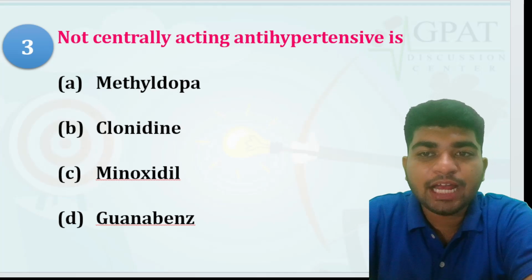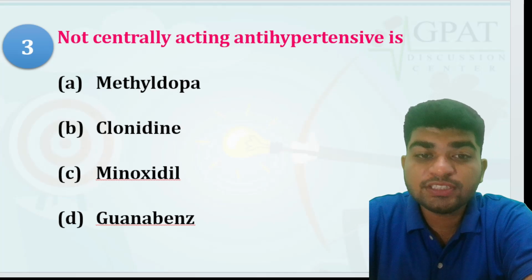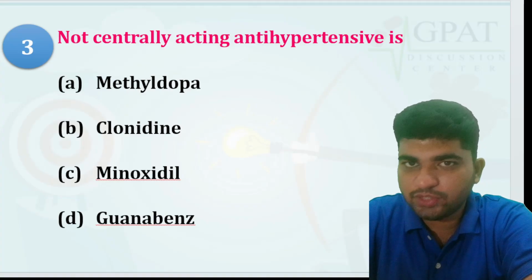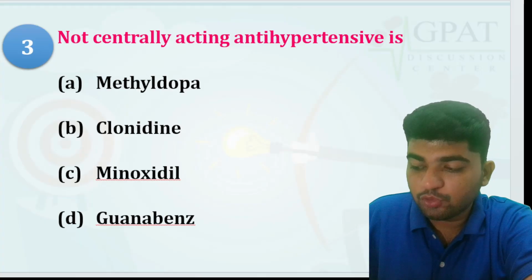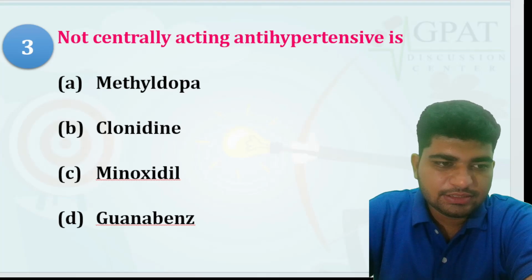Which is not a centrally acting antihypertensive drug? You have to answer which is not a centrally acting antihypertensive drug. The first is methyldopa, the second is clonidine, the third is minoxidil, and the fourth is guanabenz. So the right answer is